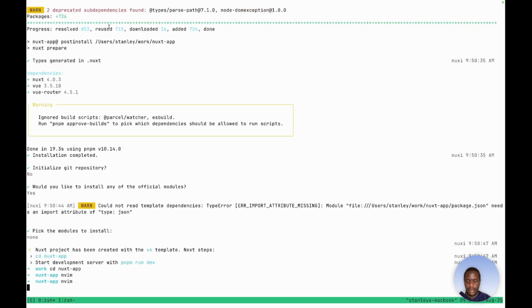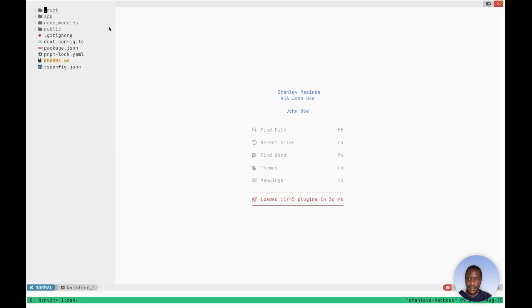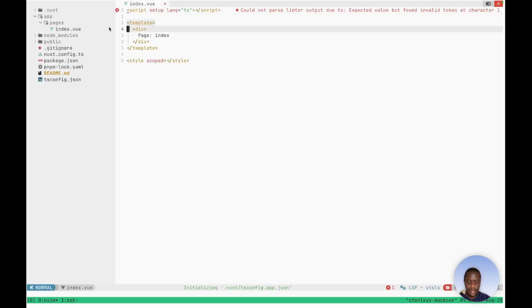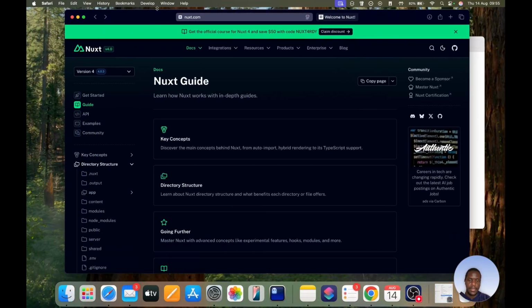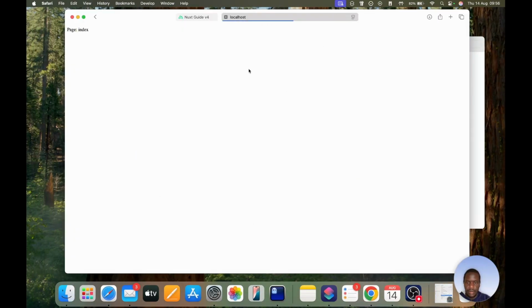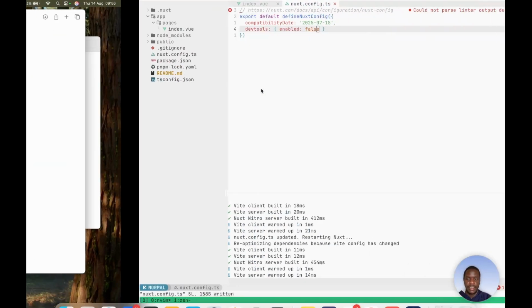I don't know what I did there. Let me just do this again. And yeah, so if I go to my pages directory, let me start the server again. All right, so if we go here, yeah, there seems to be an issue with the DevTools, which is another nice feature. But yeah, I hope I'll check the issue later. So this is it. So we have our page name index, and